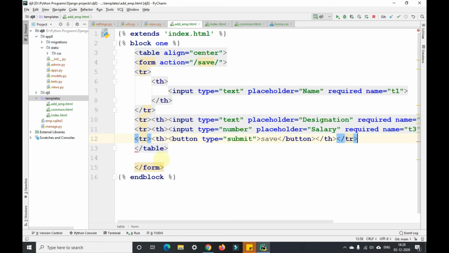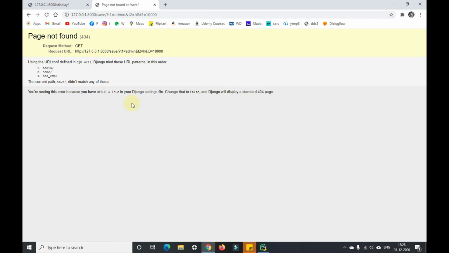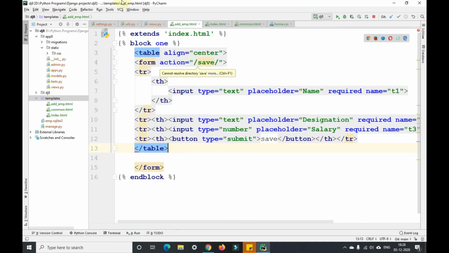Now here it should come. So it is coming properly here. Now I'll give the name as admin, designation as H, and salary 1000 and try to save. So it is showing an error, that is value must be greater than or equal to 10,000. So when I give 10,000 and save, it is going to some page here, but we do not have save here. So that is the reason we got an error there.